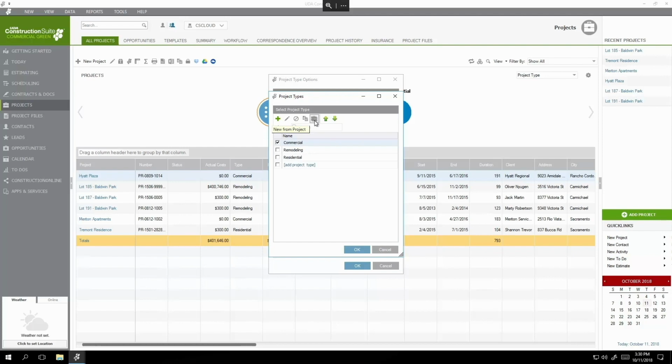Now again, most of the reports and the tools and utility available in Construction Suite do an excellent job of giving you guys insight into where you stand in a current active project. But better still, you can always use any of your successful projects or refine some of the pretty good jobs and turn them into excellent jobs by using this option here to create a new project type from a pre-existing project. If you do a kitchen remodel and you want to turn that into your new kitchen remodel template, all you have to do is select this option to create a new project type from an existing job, type in the type that you guys would like,